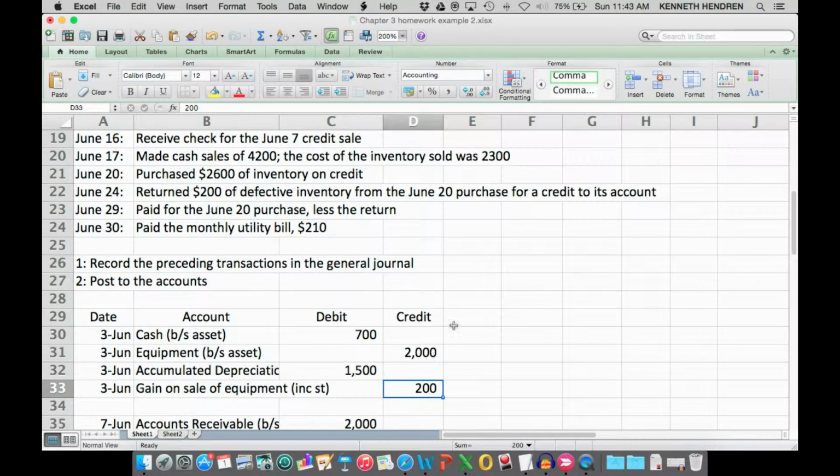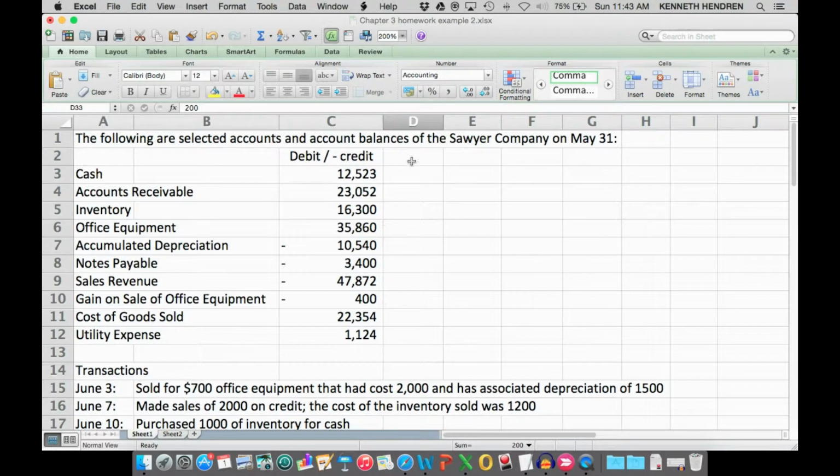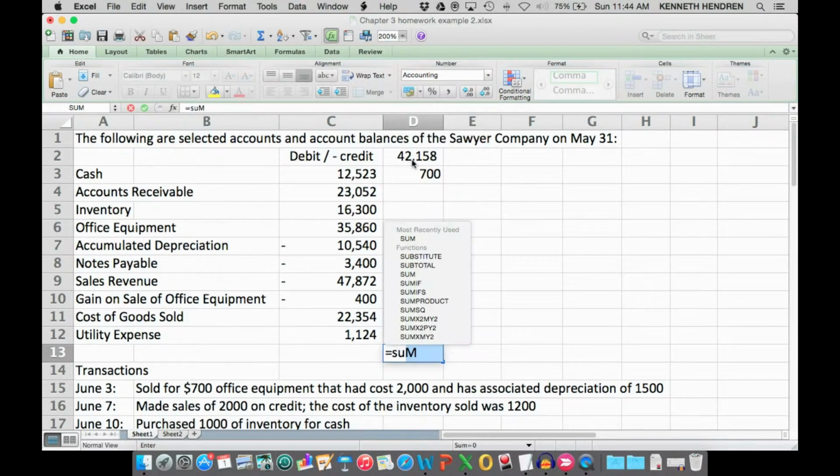Now we're going to post it to the accounts. On June 3rd, we got $700 of cash, and then we had equipment, $2,000 go away, and we had accumulated depreciation of $1,500 go away. Then we had a gain on the sale of equipment of $200. To make sure our credits and our debits equal,